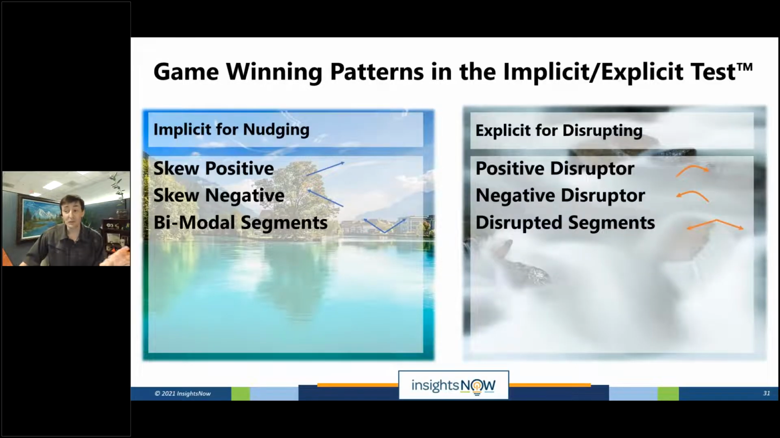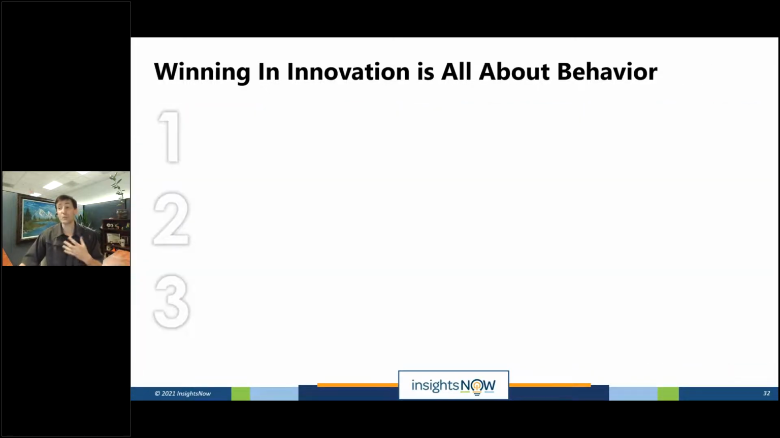Remember, we've got 3 for nudging: skew positive, skew negative, and bimodal. And we've got 3 for disrupting: positive disruptors, negative disruptors, and those disrupted segments as well. When you take all of these into account, you're going to find that winning at innovation, you can leverage behavior, and you can leverage the implicit, explicit test and nudge and disrupt to improve your ability to win in your innovation process, because it's all about getting people's behavior well understood and understanding where there's opportunities to nudge and where